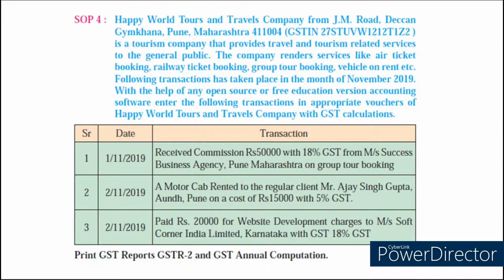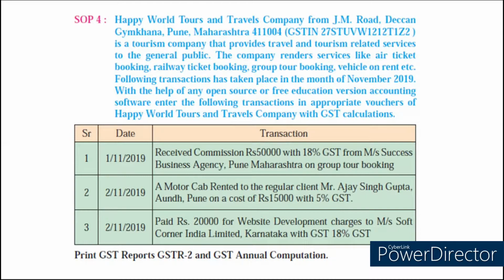The company renders service like air ticket booking, railway ticket booking, group tour booking, vehicle on rent, etc. Following transaction has taken place in the month of November 2019 with the help of any open source or free education version accounting software. Enter the following transactions in appropriate voucher of Happy World Tours and Travelers Company with GST